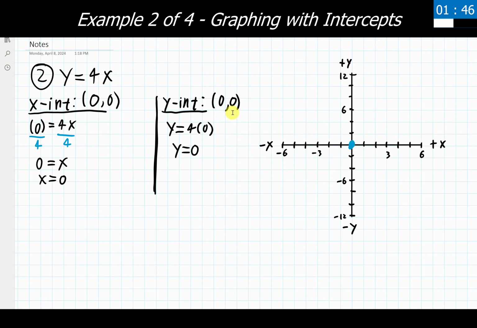So this is where we now need to fall back to what we did in our 4.1 and 4.2 material and choose a different input value, an x value, and then find its corresponding output value, the y value. So if I have 0, 0 as one of my points, it's your choice what x value you would like to use. You can use +1, -1, +2, -3. It's kind of your choice. I'm going to elect to use +1 here just because I think that'll be a fairly nice number to use. So I'm just going to write that down over here. So I'm going to have x be 1. Let's plug it in and solve this.